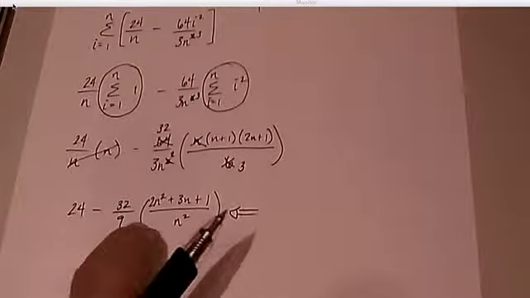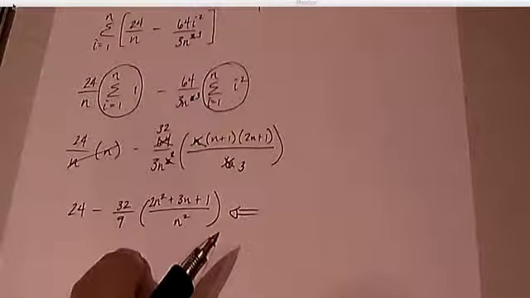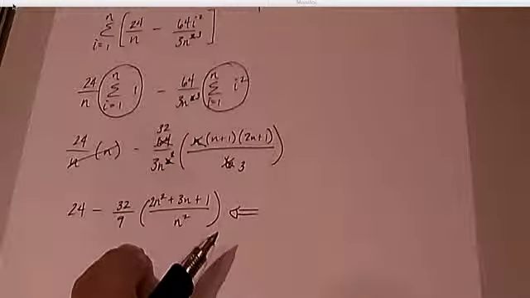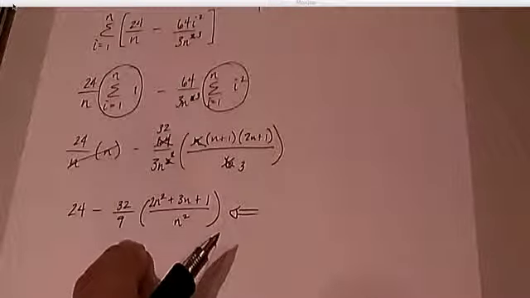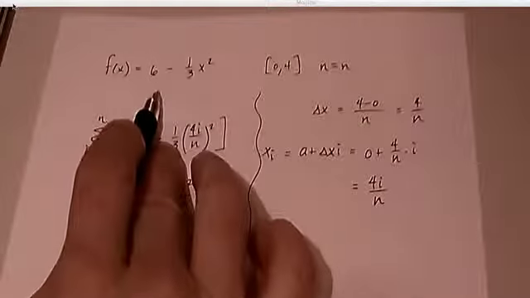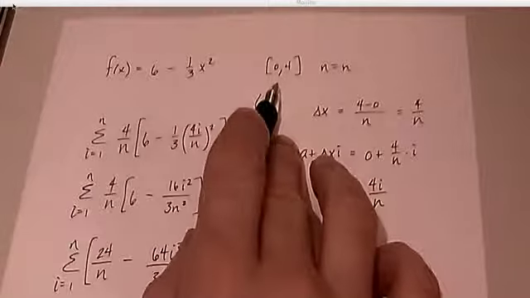We need to understand what this means. This is actually a function. This expression will give you the value of the approximate area under the curve for this function on this interval